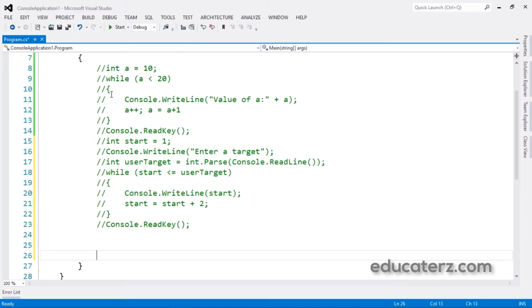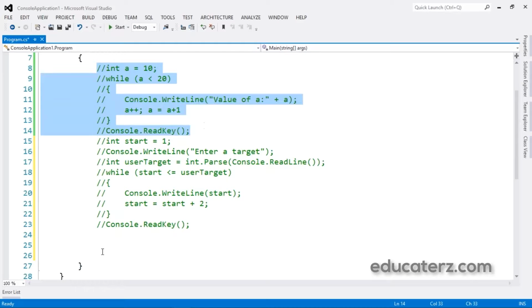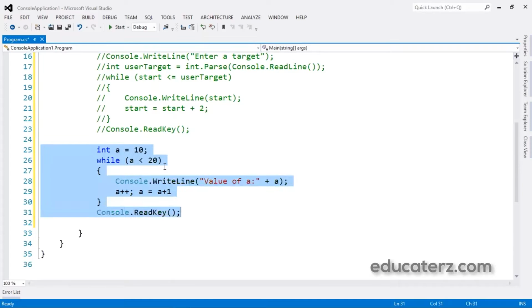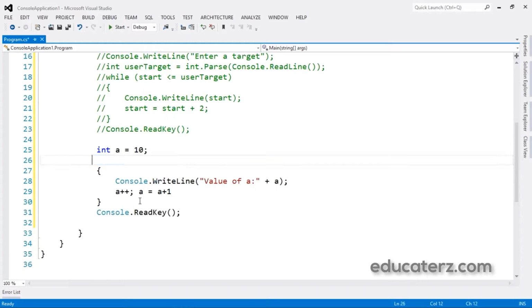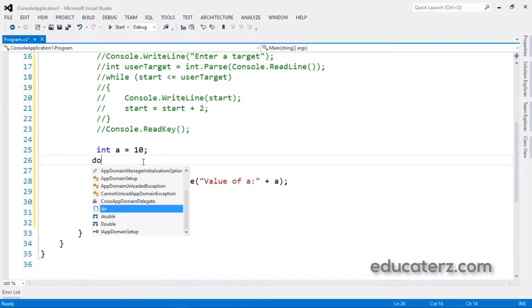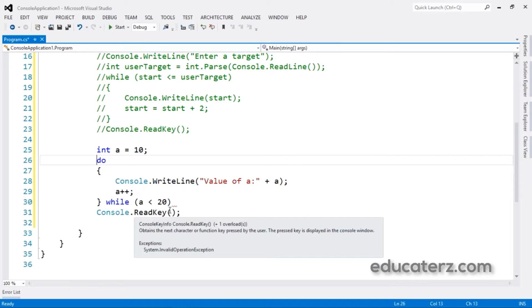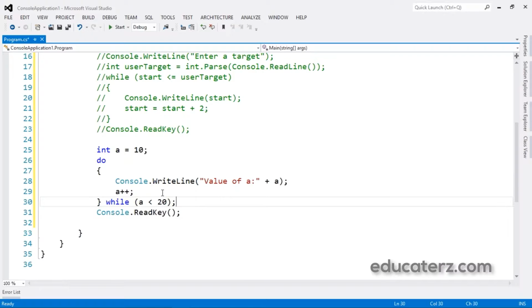Now let me take the same example, but I'm changing it a little bit. Integer a, this is the same, I'm not going to change. Instead of the while condition here, I'm just removing it and keeping the do here. That's it. And inside which we'll have, oh, this one is not required. That's it. This is the same as the while loop. Here also we'll have the same condition, but the place is different. Here we use while, and here we have not used anything.